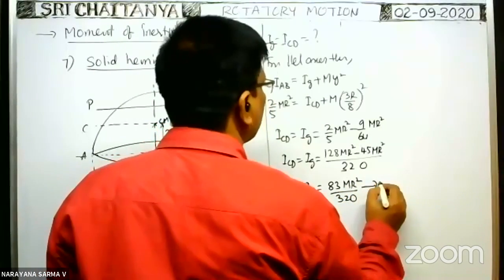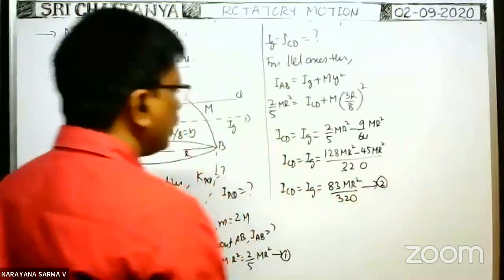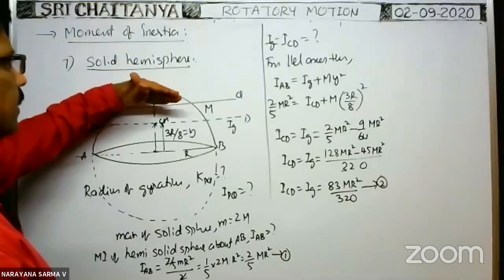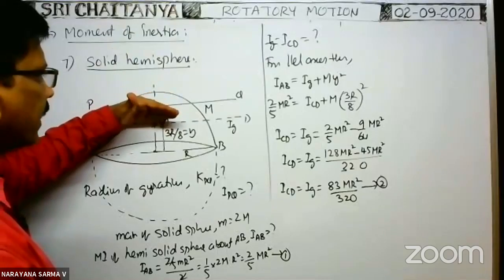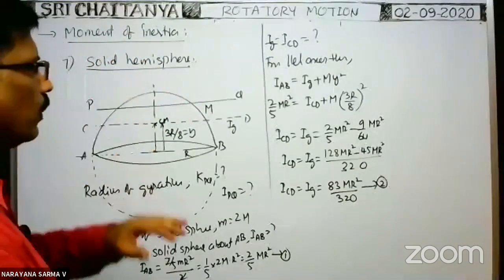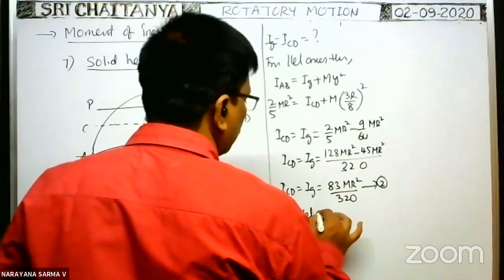This is equation 2. This is the moment of inertia of the hemi-solid sphere about this axis. Okay, when you know the moment of inertia about this axis, then again you apply the parallel axis theorem for this axis. Okay, again from parallel axis theorem,